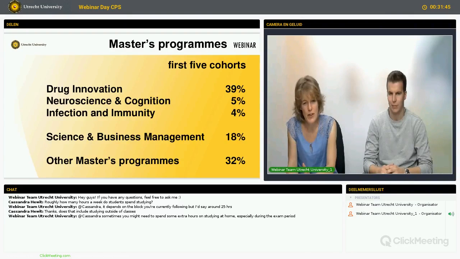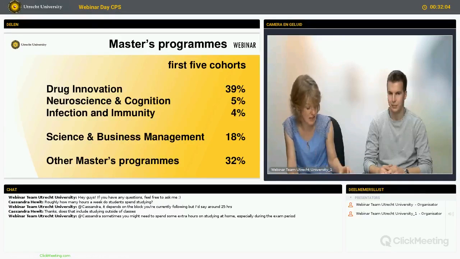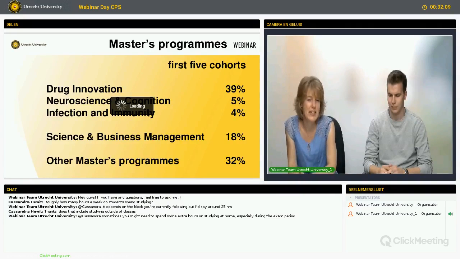And then one third is doing another master program. This can be either in Utrecht, or elsewhere in the Netherlands. We also have graduates that went to England or anywhere else. So there are a lot of opportunities, and of course, the choice of your master program is also influenced by the electives you did and your interests. Then after your master, if you're really interested in research, you will most likely do a PhD. You can work either in academic research or in any business company.